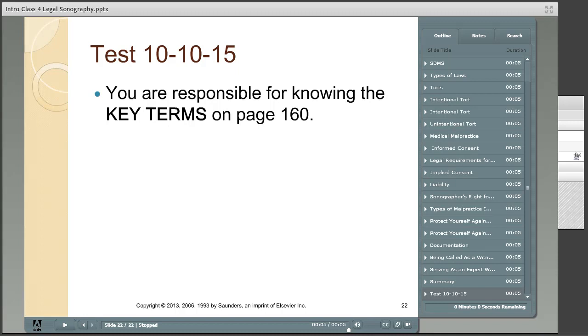In most facilities, it's required that the patient actually signs a consent form, and in the consent form all the pros and cons of having the procedure done are listed. It's giving the doctor permission to do the procedure, and if any pathology or samples of the pathology are removed, it's also giving the doctor permission to give that pathology to the lab for evaluation.